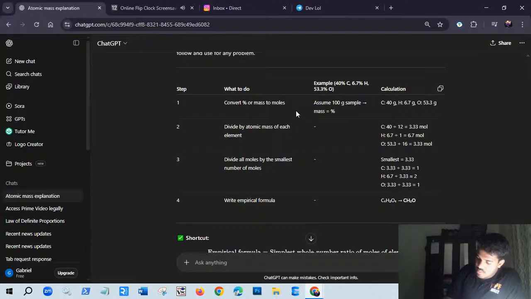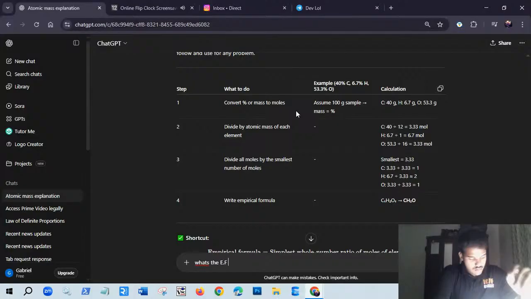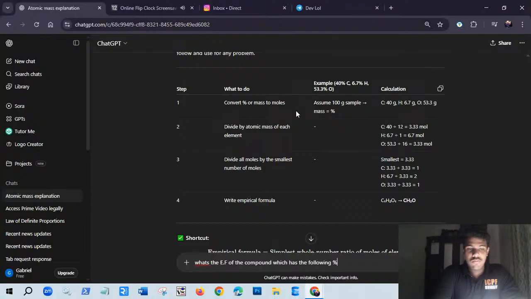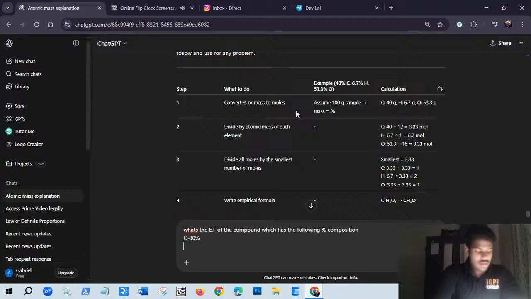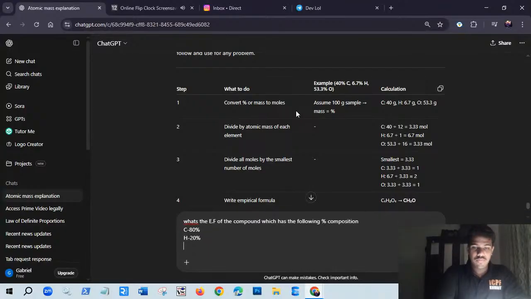What's the empirical formula of a compound which has the following percentage composition: C equals 80%, H equals 20%, if the molecular mass is 30 grams? Calculate the